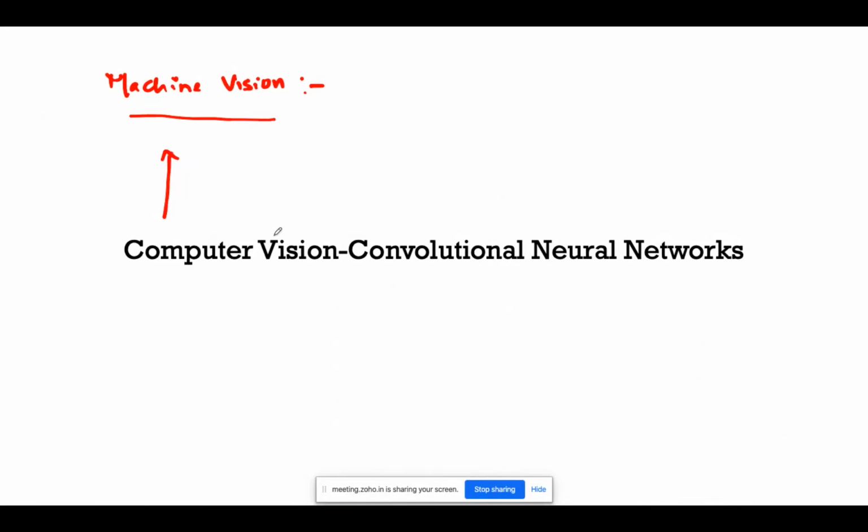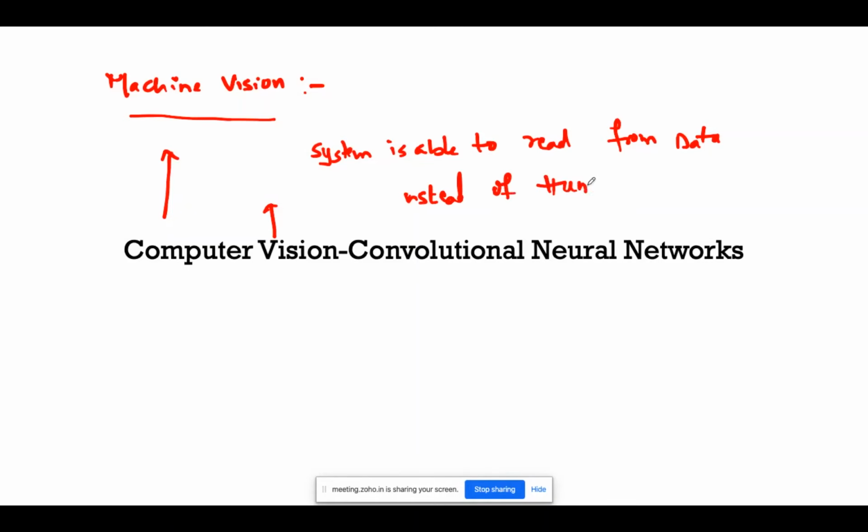Because what's happening in computer vision is the system is able to read from the data instead of humans. That was the reason we are calling this machine vision, or we can also call it computer vision.